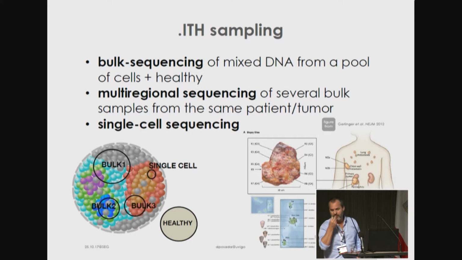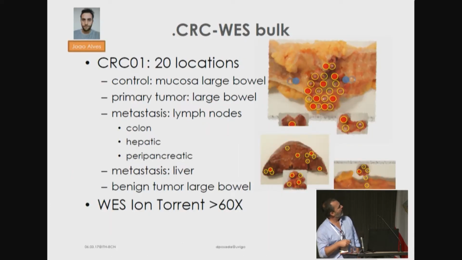On the multi-regional approach. I do really think that single cell is the hope for understanding cancer from an evolutionary point of view. But we can also do things with multi-regional sequences, but there are limitations, as you will see. Well, this is work from Joao. Basically, I'm going to present several studies, okay?